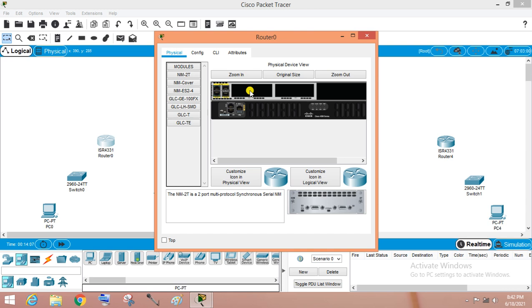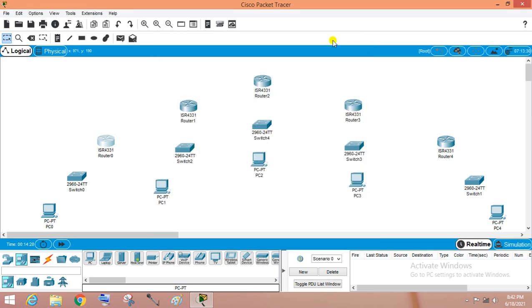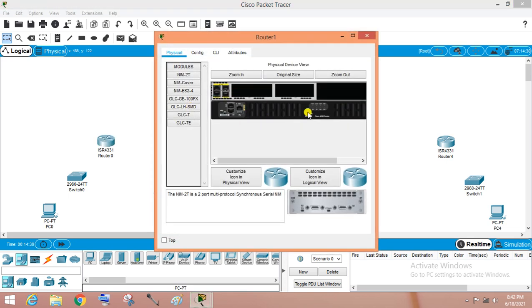For WAN connectivity, we prefer serial cables. So first we add this module. Just booting now. Same thing I will do for the other routers.